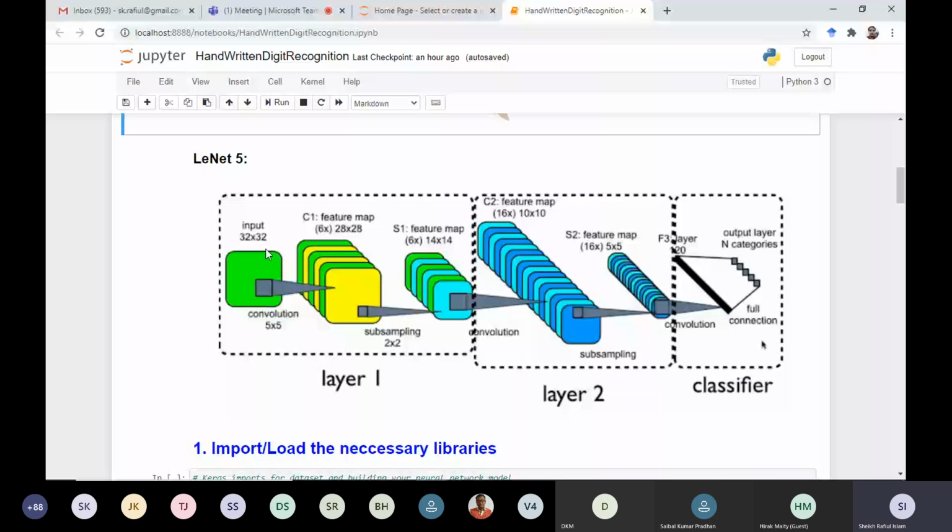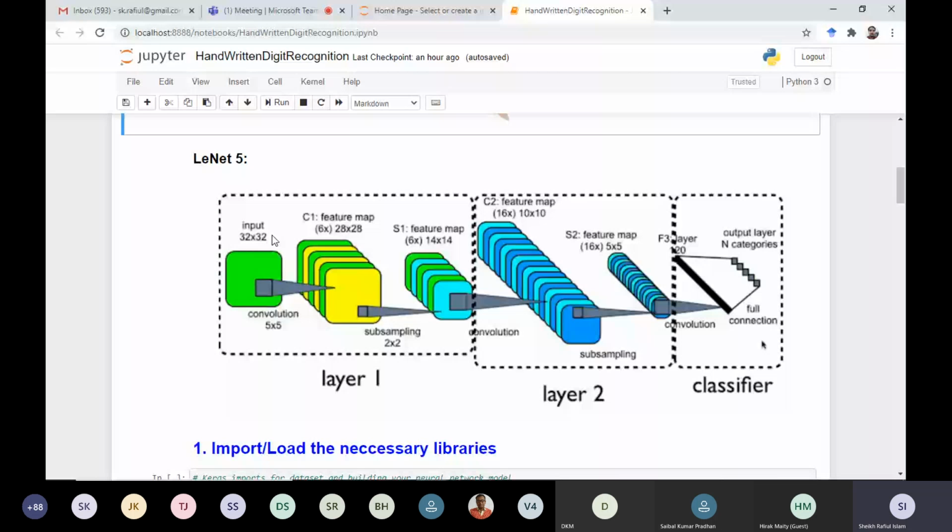So see, the input here we have used, that is 32 cross 32. And kindly note, the data set we are going to use here will have 60,000 images, and the dimension of the images is 28 cross 28.